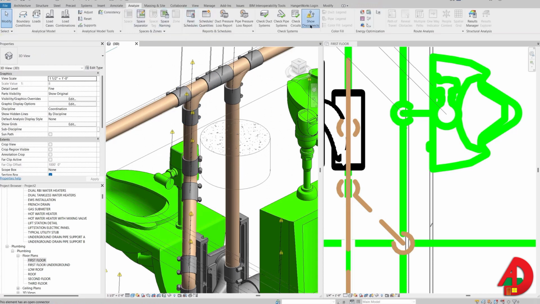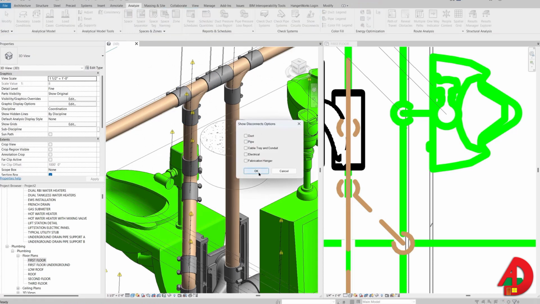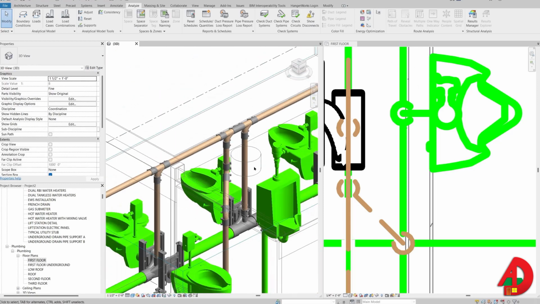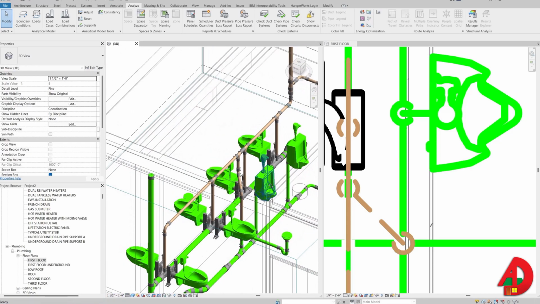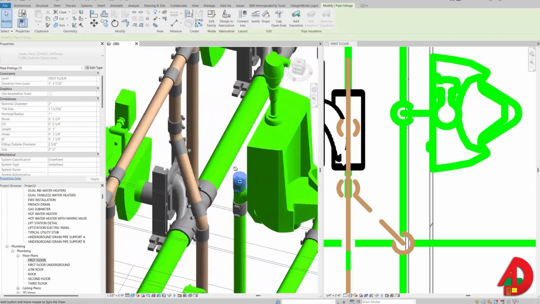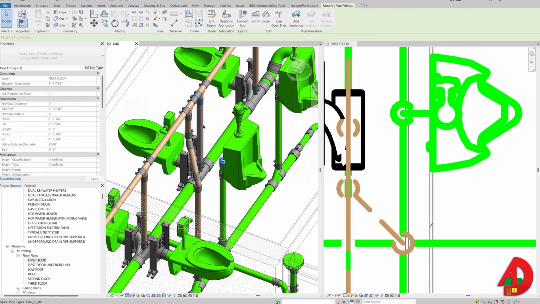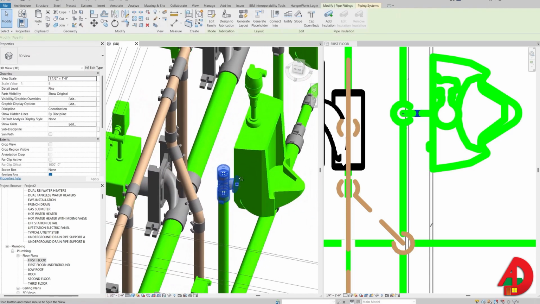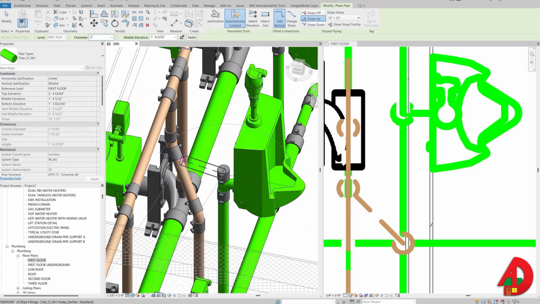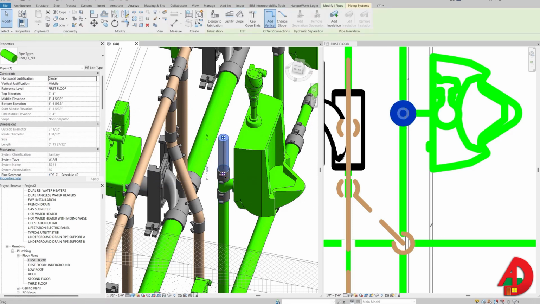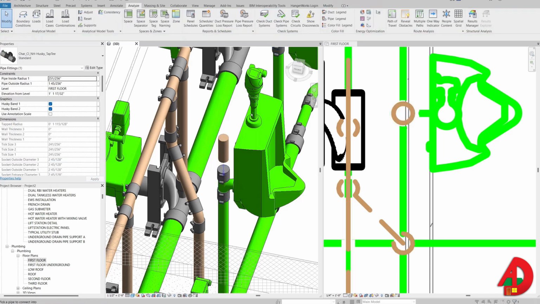I will go to analyze and uncheck show disconnects for my pipes. Now the image is not as crowded. I will try to connect this fitting to the vent coming from the single carrier. To do that, select the fitting, draw pipe, set it at a higher elevation, hit apply, select pipe again, and shorten the bottom so I can go and change the system to vent, select the fitting again and connect into